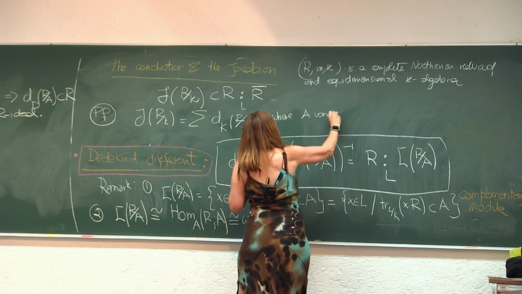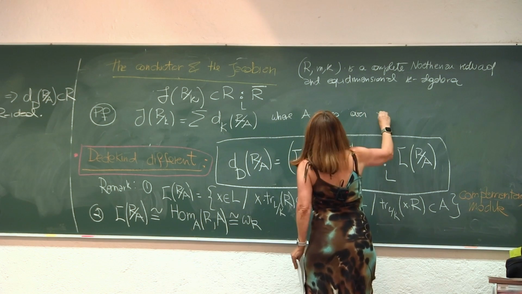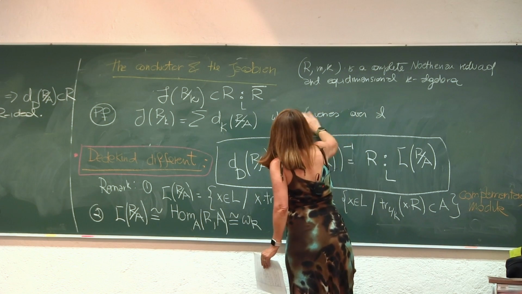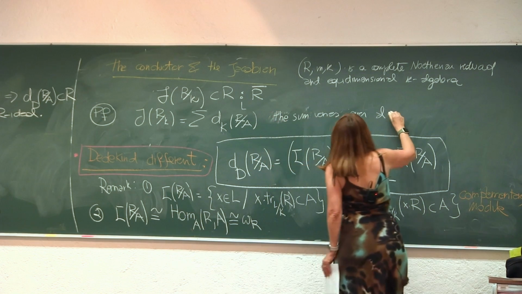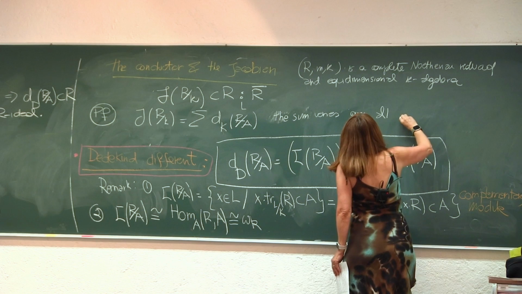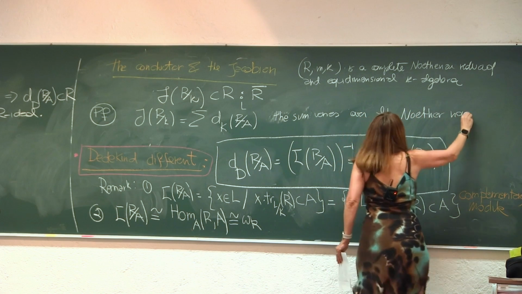So the point, which is written well afterwards, is that J of R over K is the sum of the Kähler different of R over A, where A varies over all